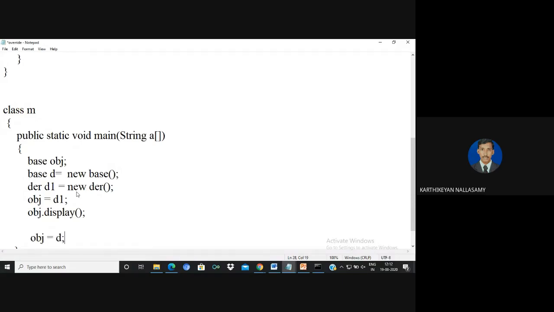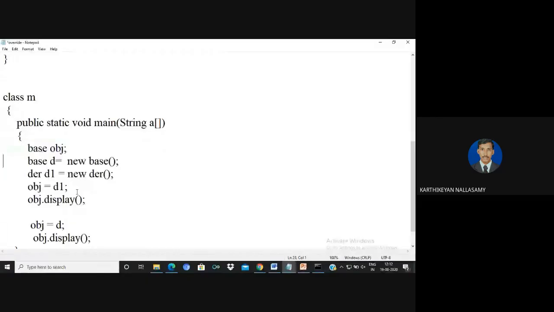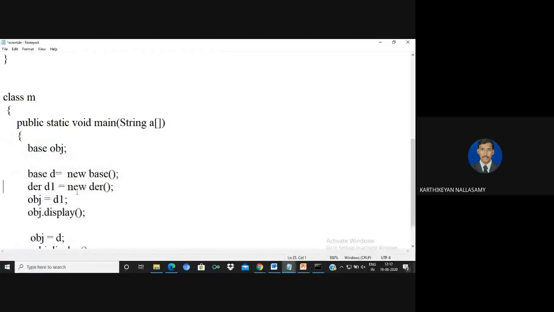The base class object name is B. If I call obj display, it will invoke the method in the base class. So the concept of dynamic method dispatch is to create objects for all the classes, assign the corresponding object of the particular class, and invoke the method of the corresponding class.